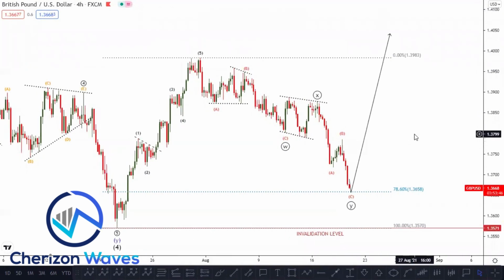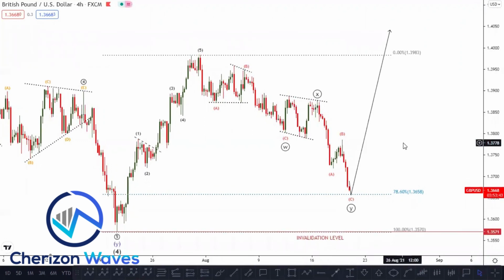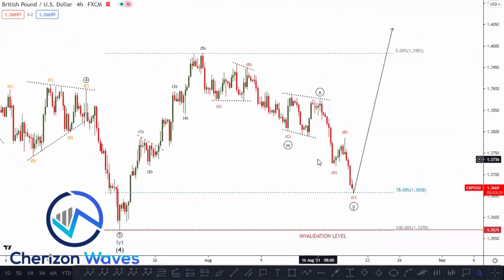What we're looking at today on this pair is that the market is in a correction. We're looking at how this correction will unfold, how far it will go, how deep it will be. The reason we think this is a correction is because we had an impulse on this side, and after impulses, what comes next are corrections. In this case, we have a complex correction, which is a double. We have the first ABC, a correction for wave X, and then ABC to complete wave